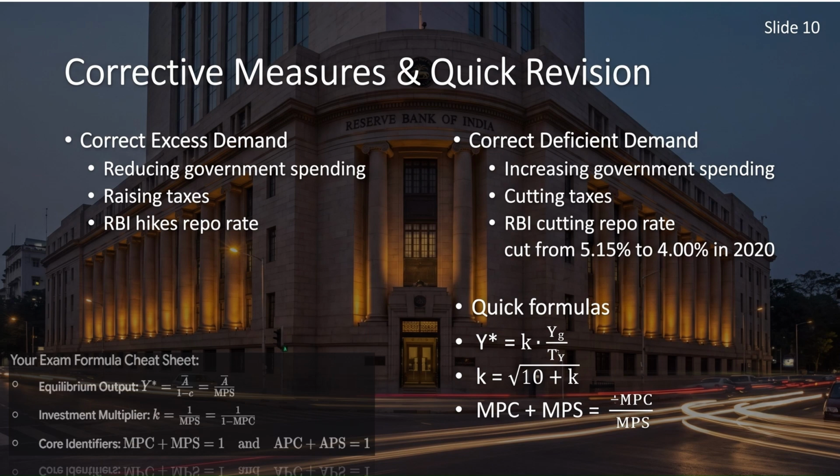Now, notice how central the Reserve Bank of India is to controlling all of this. What brings us to a fascinating question: how exactly does the RBI print money, control commercial banks, and regulate the entire liquidity of a 1.5 billion person economy? That is the exact focus of our next chapter, money and banking.